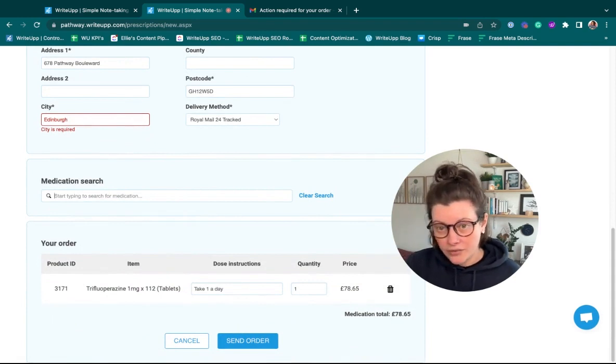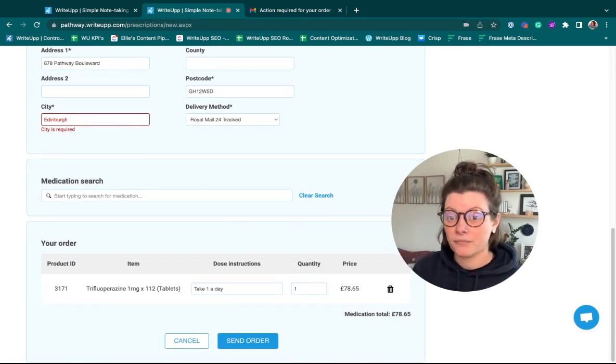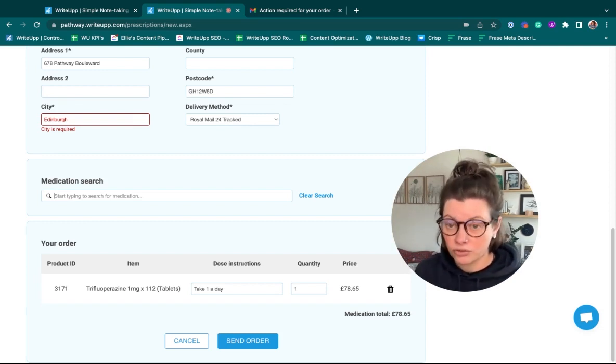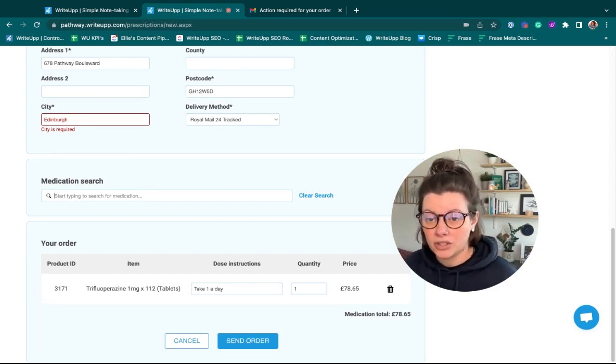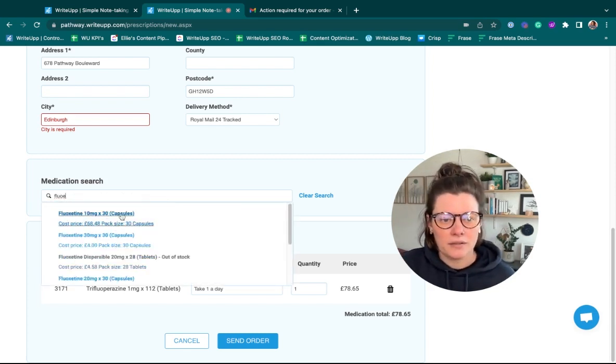If you are searching for something and it doesn't appear in the search, it just means that CloudRX don't currently do it. They don't have it, but they are adding to this list all the time. So do keep checking back. You can always get in contact with CloudRX to see if they're going to be stocking your medication in the future. So you can just pop in, start typing in here, and you can see the cost price is shown,